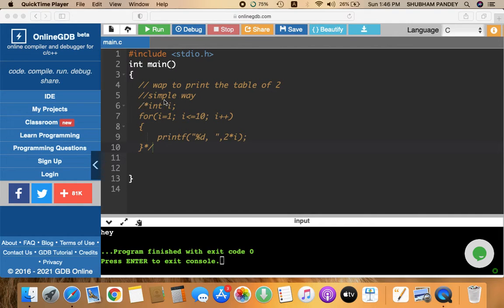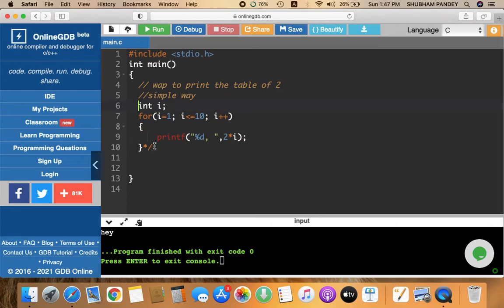So see here, in the simple way I'm going to comment out these sections and show you by running the codes. I have declared a variable of integer data type, that is i, and in the for loop I initiated the value of i equal to 1. Now people asked me in the previous comments what if I initiate the value here? No problem, you can initiate the value here also, but what is the use of initiating the value for a single variable two times? This is useless. So initiate here only.